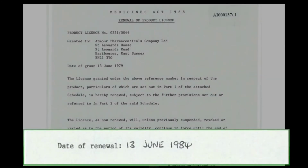But before I look a little further at the question of the heat-treated product, I just want to show you some documents which cast some light on the extent to which Armour occupied a significant market share within the United Kingdom. So if we go firstly to DHSC 0003719_118, this is a table dated the 21st of December 1976 within the department's supply division,